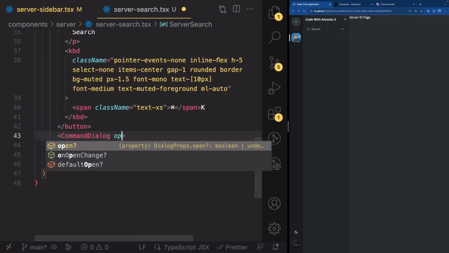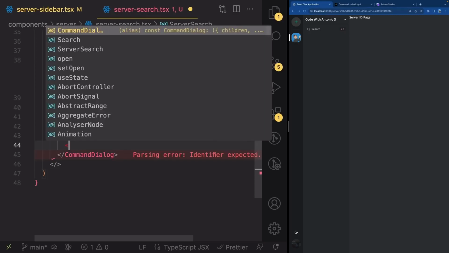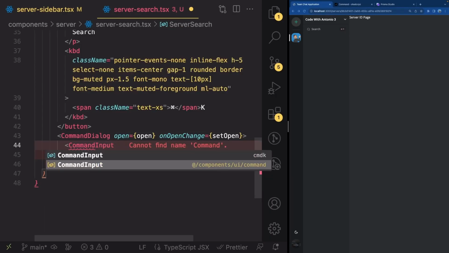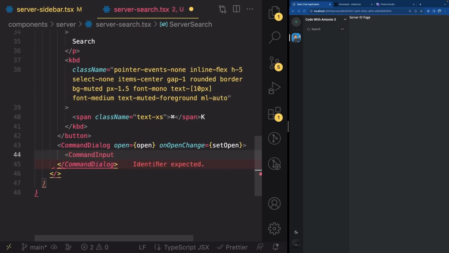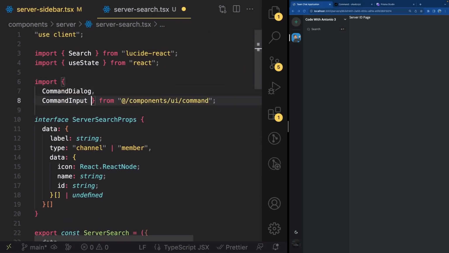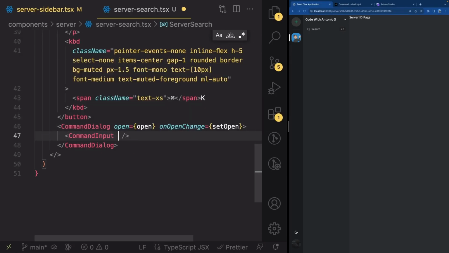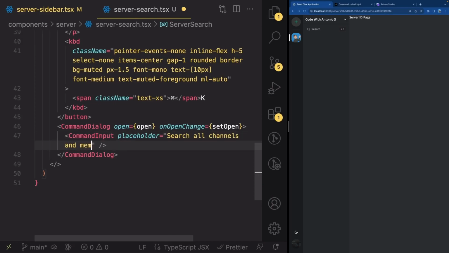Let's give it an open prop to match our open, and onOpenChange is going to be set open like this. Great. Let's write CommandInput here from add/components UI command. It is a self-closing tag. Make sure you have it imported here. So everything we're going to import is going to come from this right here. Let's give this a placeholder of search all channels and members like